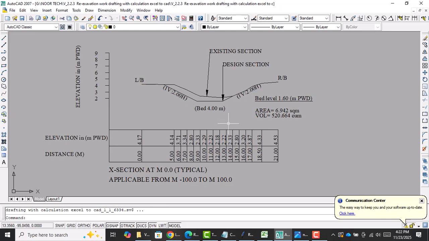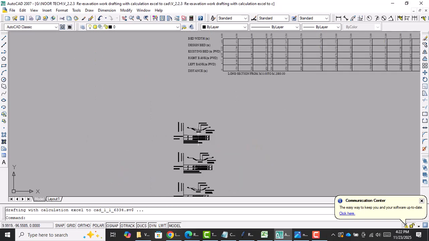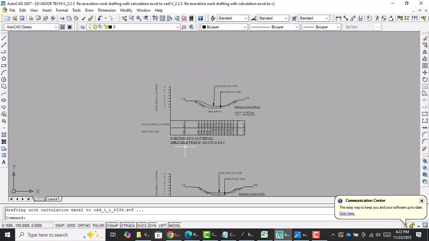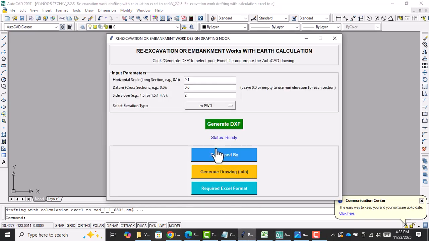In this video, I will guide you step by step through this powerful system so you can boost your workflow, your accuracy, and produce a standout engineering drawing like you never did before. So let's go and introduce the software. This is the user interface, the name of the app,